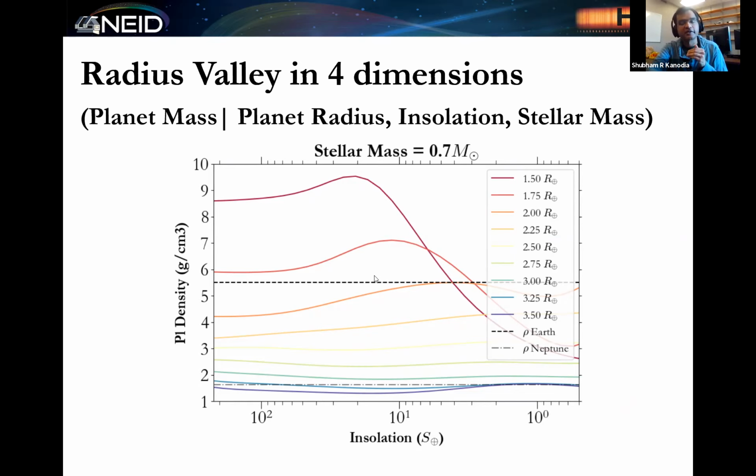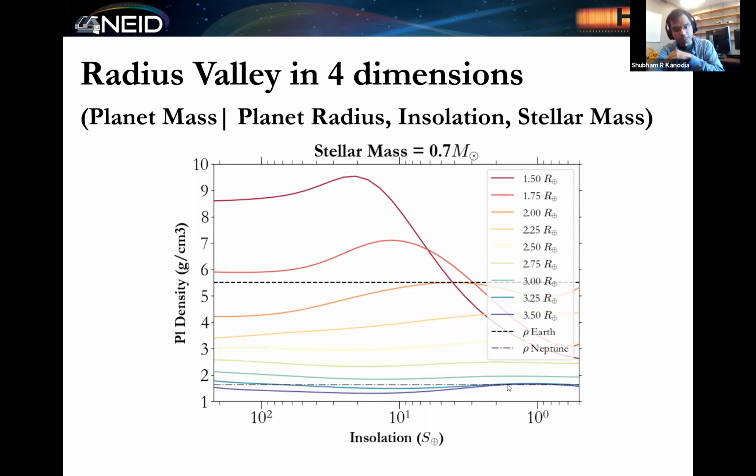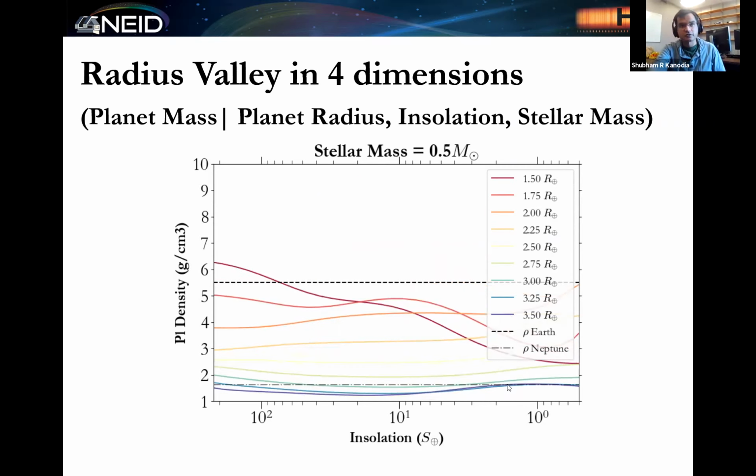That as the radii reduce, as the insolation increases or reduces, depends how you see it, the bulk density is transitioning. At the same time, now where's the 4th dimension? Where's the stellar mass? And that's the crucial thing I would like to also talk about here. And I'm going to blink through these slides. So 0.7, 0.6, 0.5. As I blink through these slides, you can see that the slope of the fall in the bulk density is changing in its position, as in at what insolation things are falling, and also the magnitude of the slope. So things are falling at a different place and with a different rate,